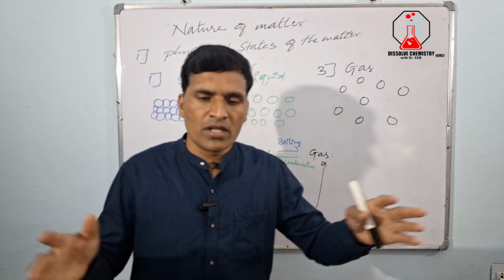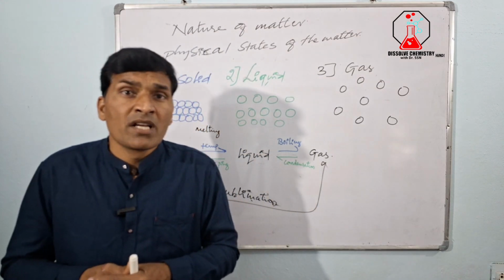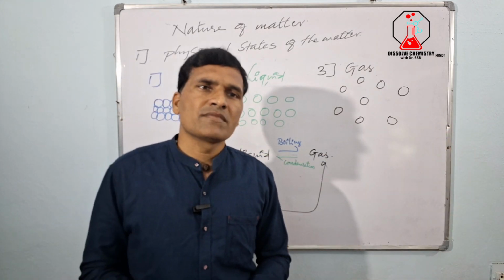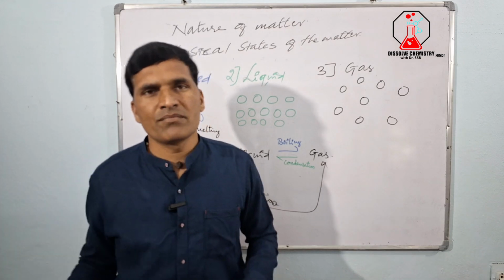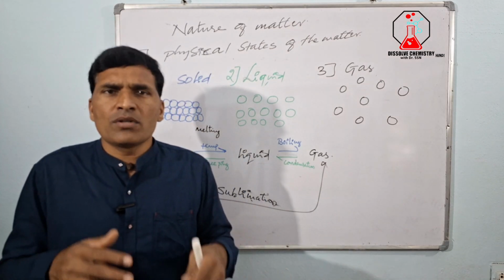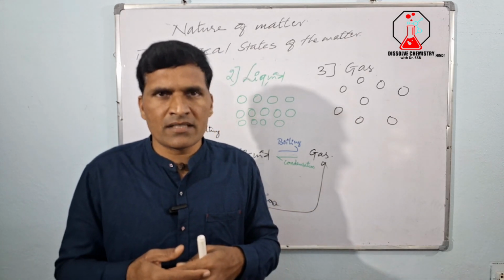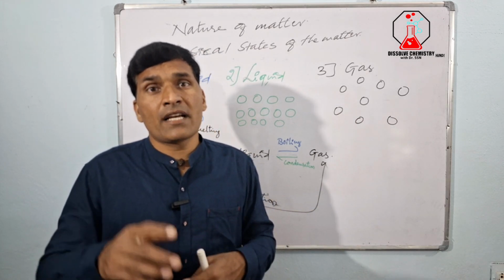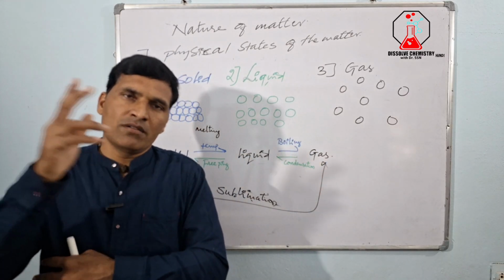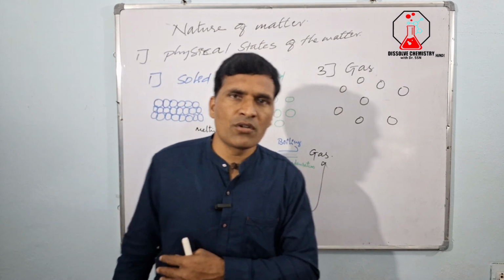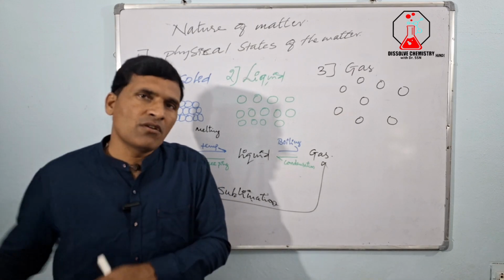Then gaseous state, here molecules are more independent, means they are not dependent on one another or being held by one another. So therefore they are independently migrating. And these gaseous molecules move randomly in all the directions. They don't have any specific direction to move. So there is a lot of collision we are going to observe between the gas molecules. And you should remember the reaction is very rapid in the gaseous phase because of random motion of the molecules. Another important aspect to note is the flow of gas takes place from high pressure to the low pressure.